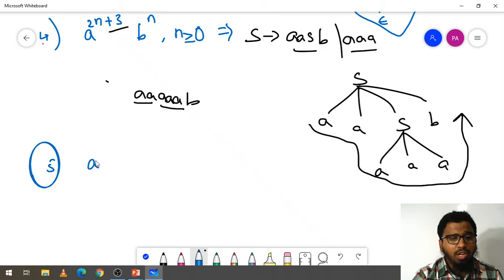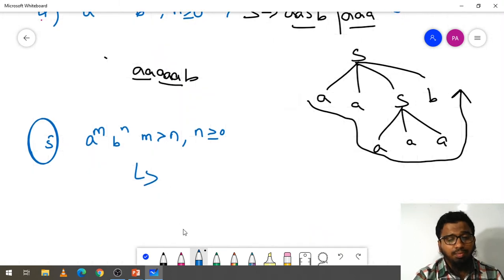Now here the combination of a power m and b power n, with m greater than n and n greater than or equal to 0. So this is the language, and how do we do this? What it is telling is a power m, b power n, with m greater than n, that means m should be greater than n. So for that